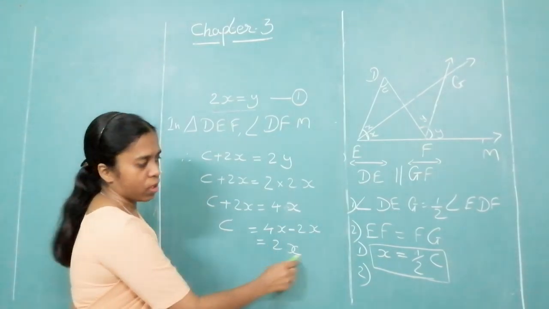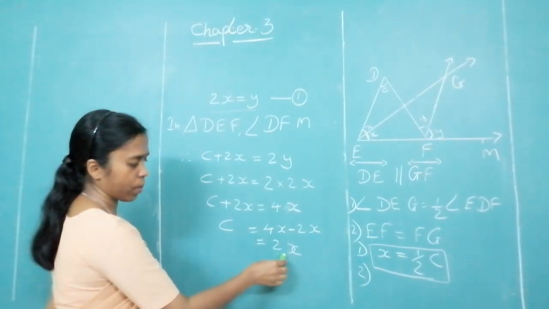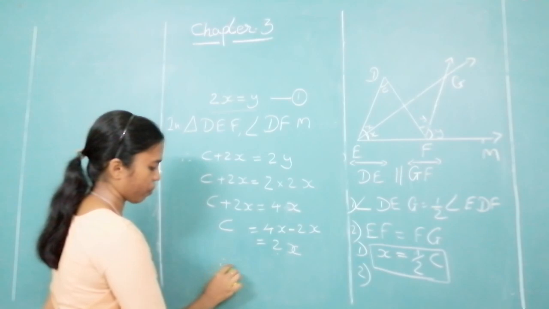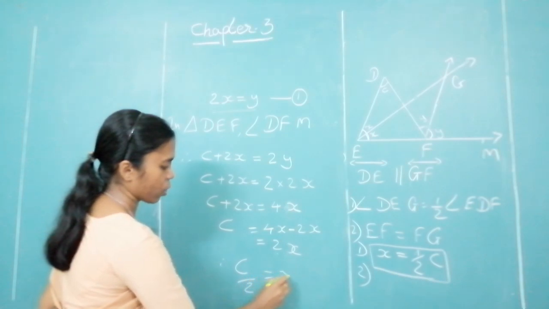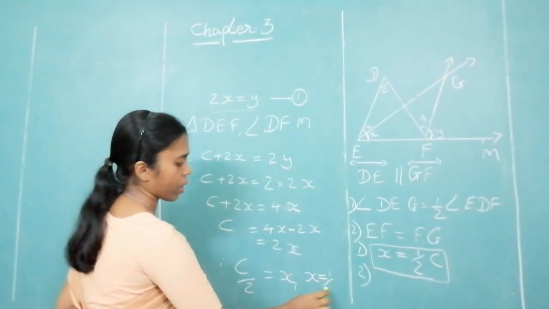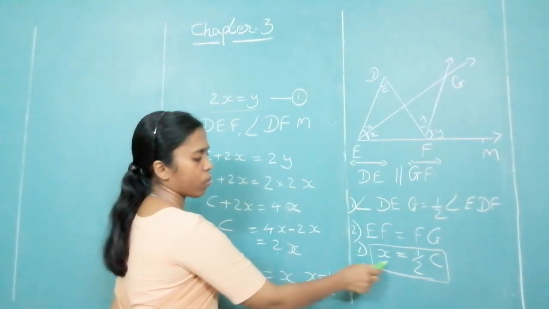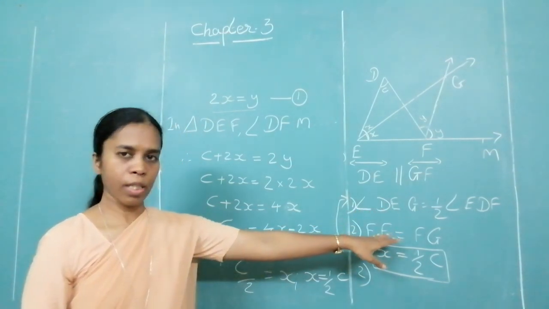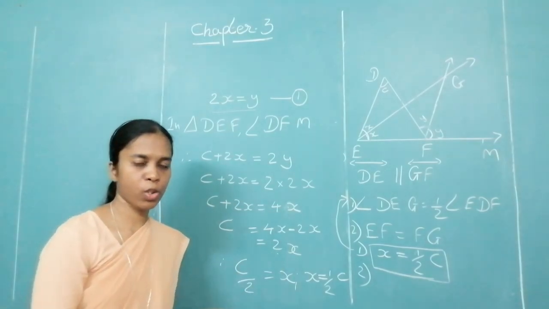You want only x on one side. That is what you have to find out. Only x. So bring this to this side. Now this is multiplication. When it is brought to the other side, it will become the denominator. Therefore, I am taking x this side. Okay. C upon 2 is equal to x. That is x is equal to C upon 2, which I can write as 1 upon 2 C. This is what I have to find out. Now what is that 1 upon 2 into C? That is angle DEG equal to half of angle EDF. I suppose this is clear to you.